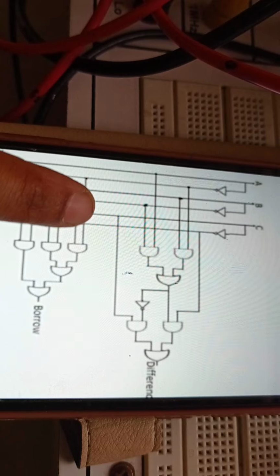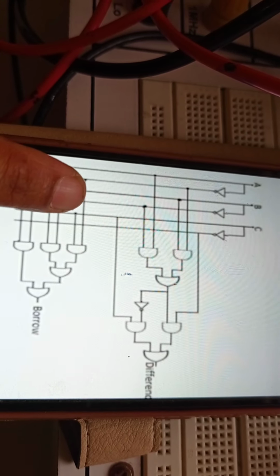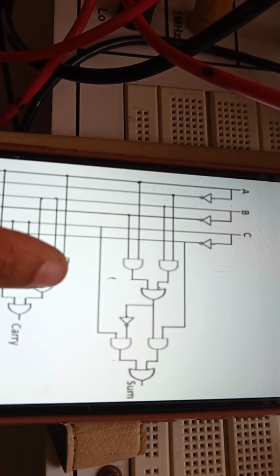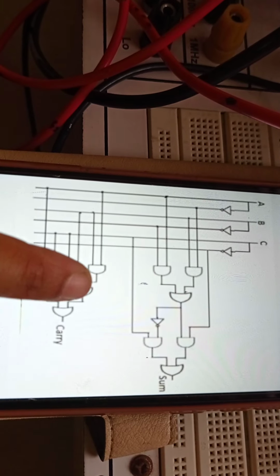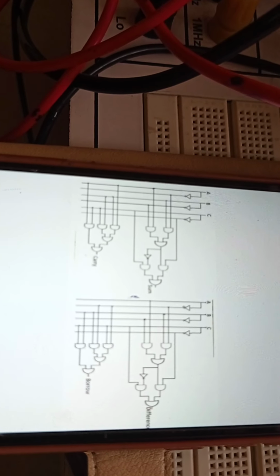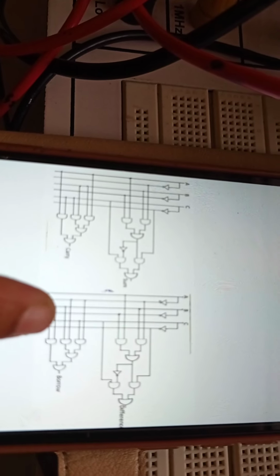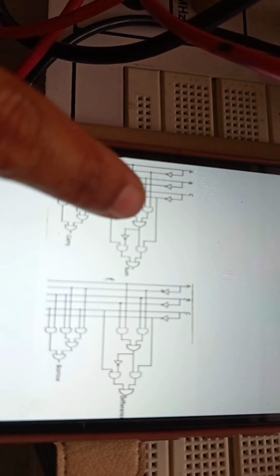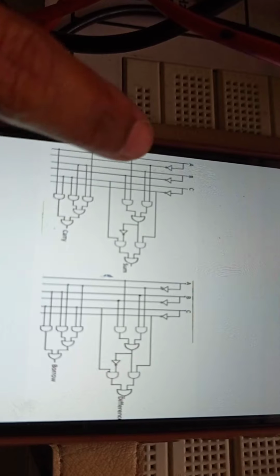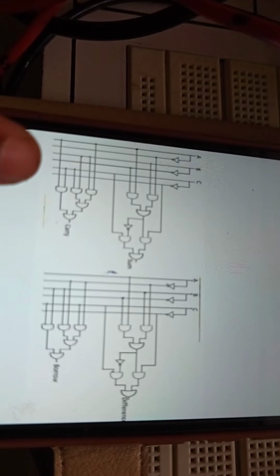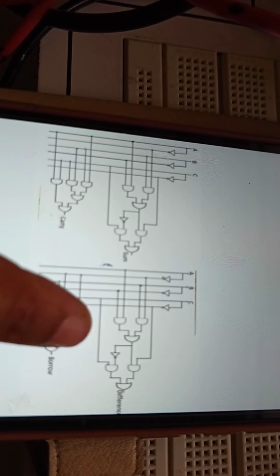Actually this circuit is the same as the full adder. See this. This is the full adder circuit and this is the full subtractor circuit. The circuit design and the expression for sum is the same as for difference, and you check this.